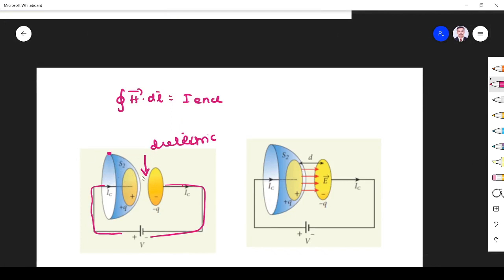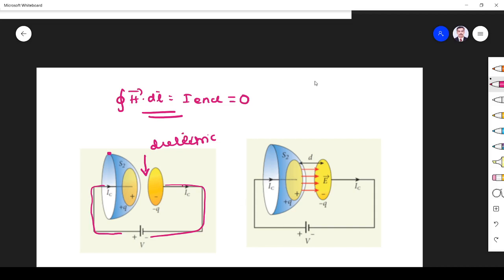But now what is the current? Here the current will not be the same, because the current enclosed is 0, since between the plates there is no current. So the current is 0, right? That's a problem in Ampere's circuital law. It is a practical approach to find the answer for Maxwell's equation. This is the problem with Ampere's circuital law, and here Maxwell played a huge role. What did he do? But current flows through this.